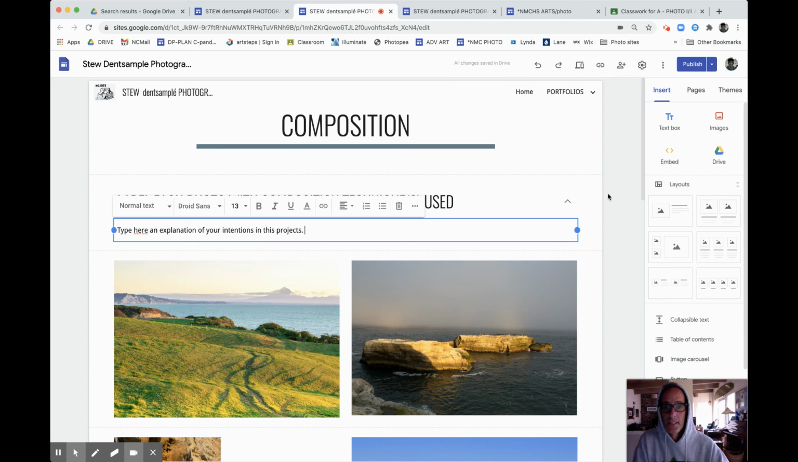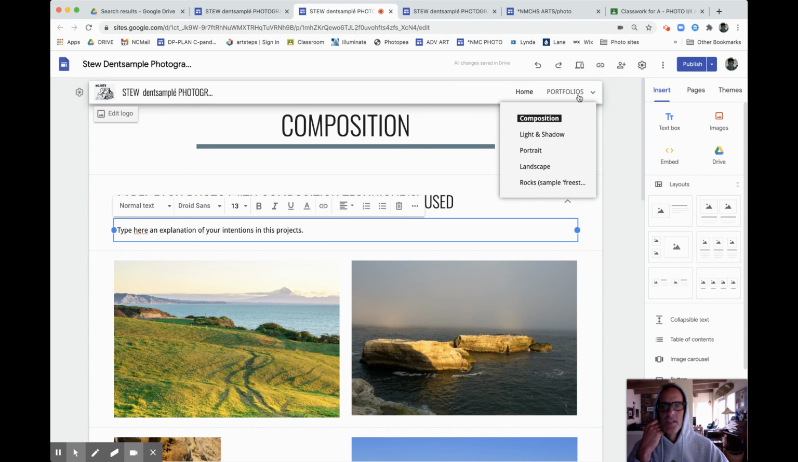Right. So in the sample page, I don't write it out for you. I want you to write it. Sorry. All right. And then as you go to each page, you should be able to click on one